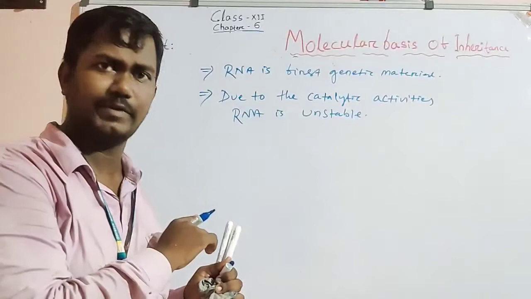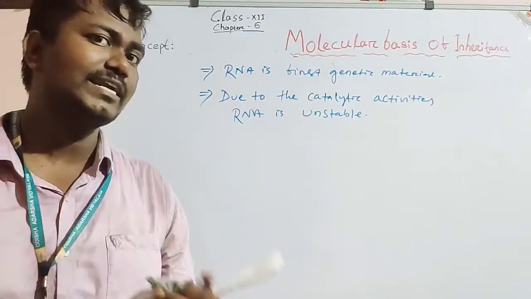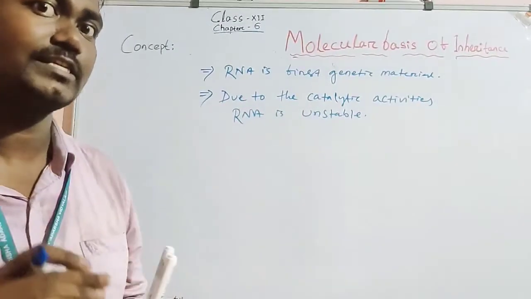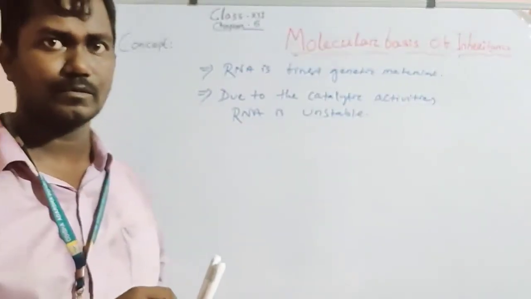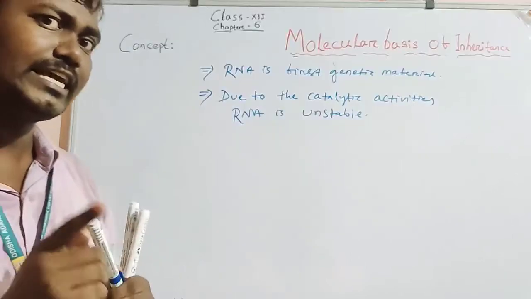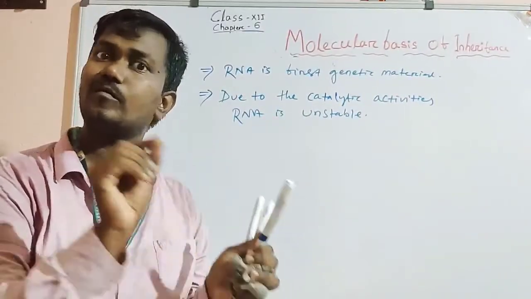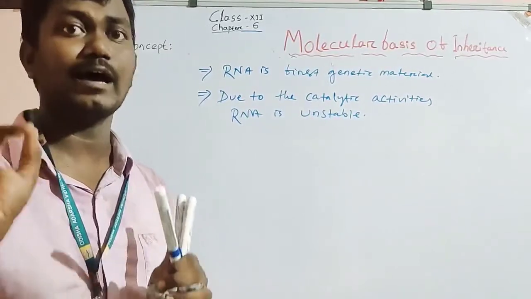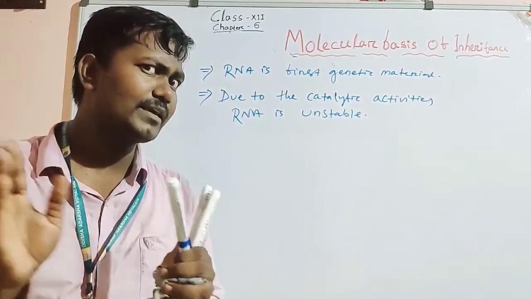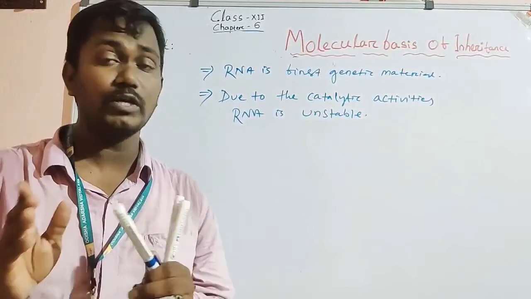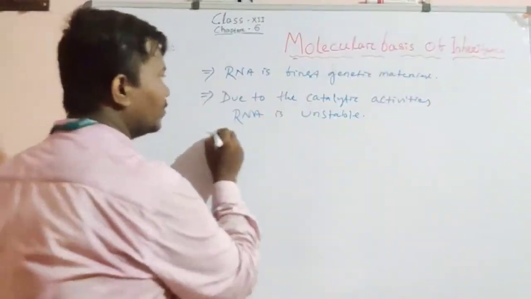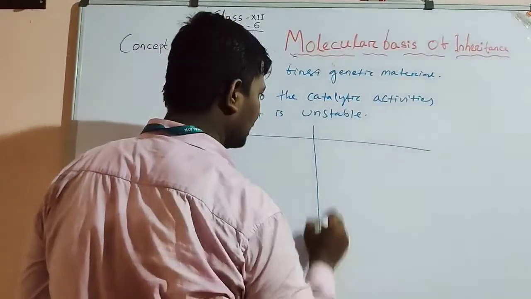Here, unstable means there is repeated mutation seen in RNA. So, DNA evolved from RNA. Remember, DNA evolved from RNA with some chemical modifications, which make DNA more stable than RNA. Coming to the chemical modifications that DNA has,